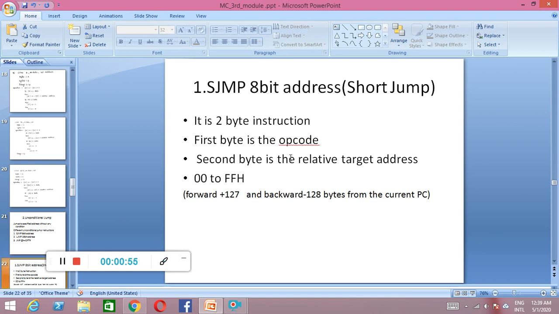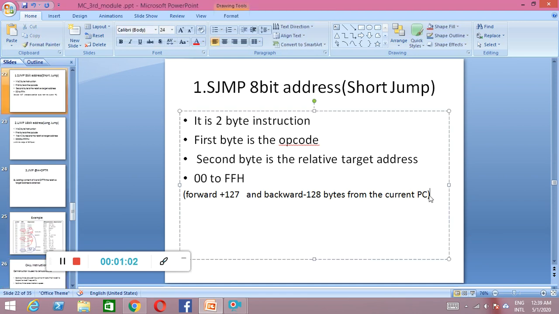So what will happen here is we are going to have an instruction SJMP, written like this, SJMP, followed by an address. It can be labeled with certain labels, and it is going to jump to that address.